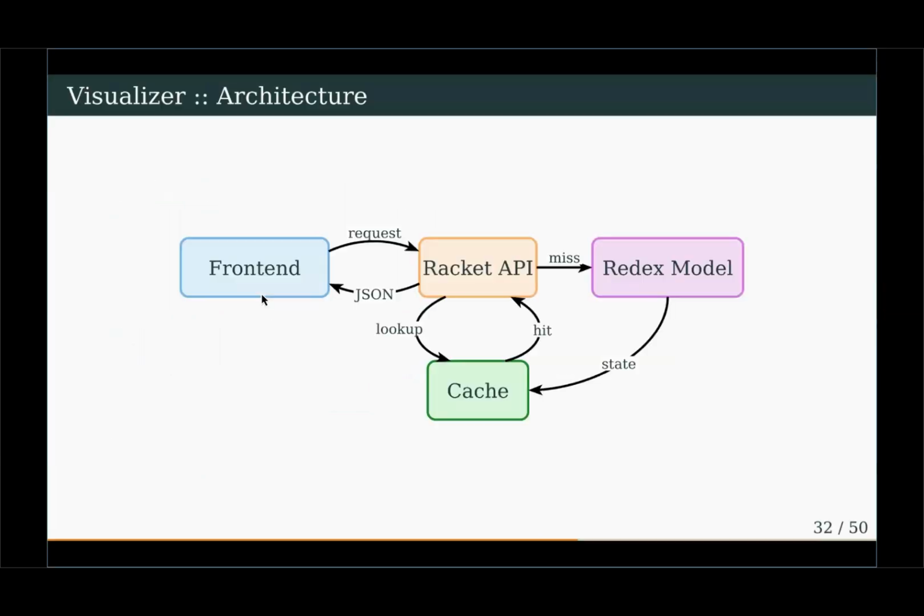Right. So the visualizer itself. This is the high-level architecture of the visualizer. So the normal flow would be you load into the front end of the program, the API handles that, and then you start stepping through the visualization of your tree. And as you step initially, you'll have a lot of cache misses. So what it'll do is go to the Redux model, saying give me the next tree. That will be cached, sent back to the front end, visualized, good. But the reason we cache it is so, of course, you can step backwards. You could step forwards, backwards,